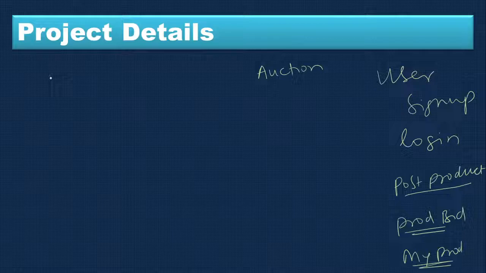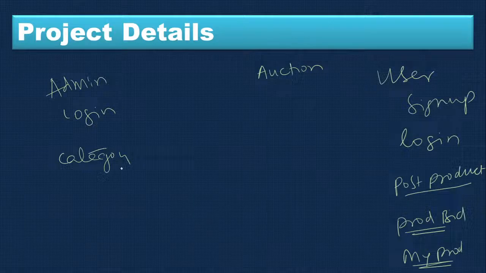With this we can have another module, an admin module, to manage everything. In the admin module, the admin can log in. You go to the main page. Here you can create the categories, so what categories are available, and then the admin can view the user list. Then the admin has to give the approval for the products.